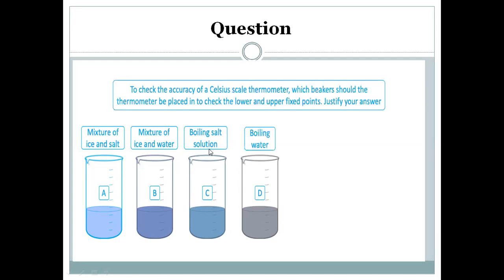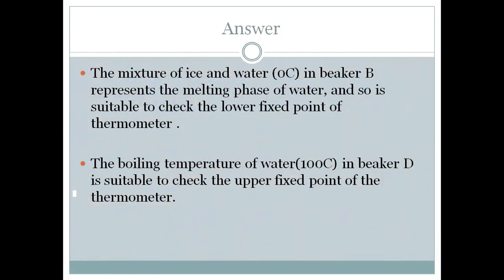In beaker C, we have boiling salt solution. In beaker D, we have boiling water. Which two of the four are suitable to measure the two fixed points that we need to calibrate a thermometer? The answer: the mixture of ice and water, which is 0 Celsius in beaker B, represents the melting phase of water, and